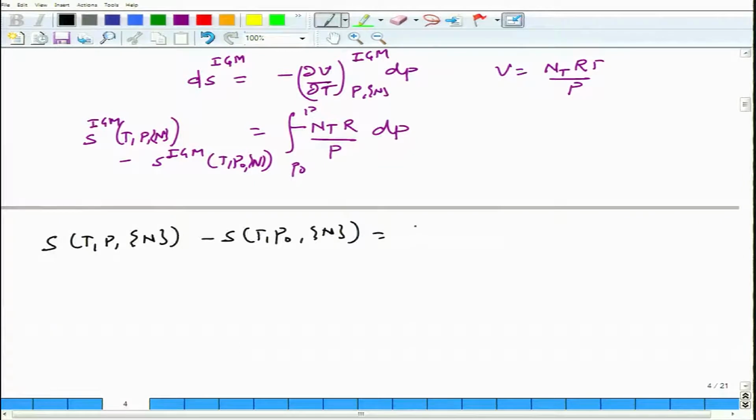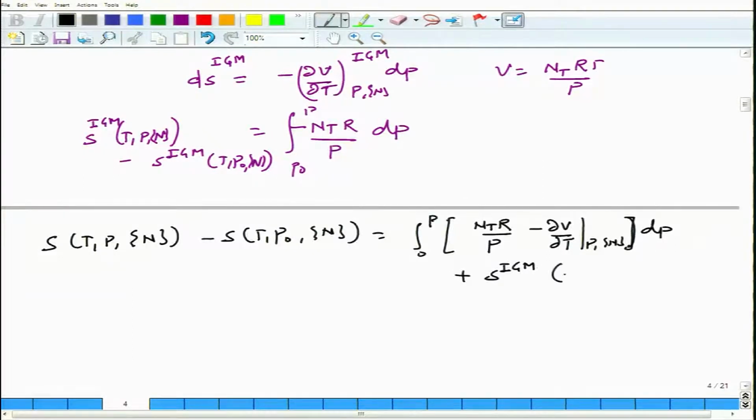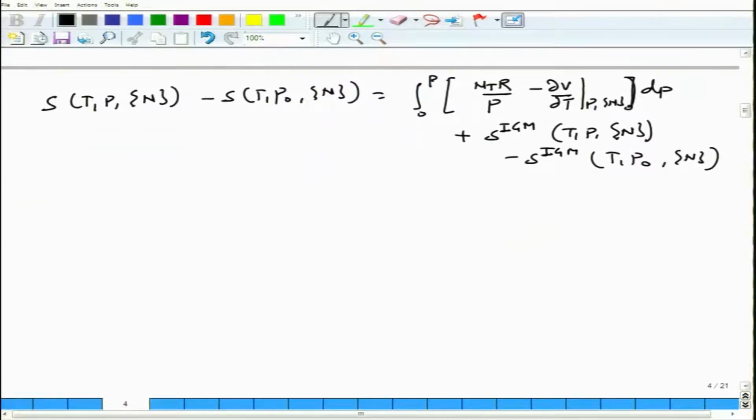And my right hand side expression now is plus S^IGM(T,P) and minus S^IGM(T,P0). Okay. Now, as I said, P0 could be anything. We can take it to be